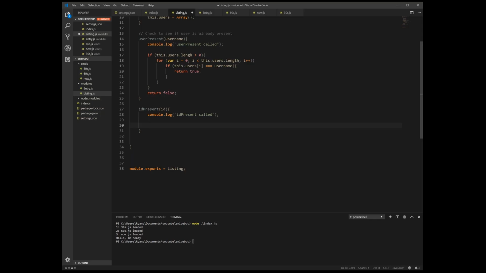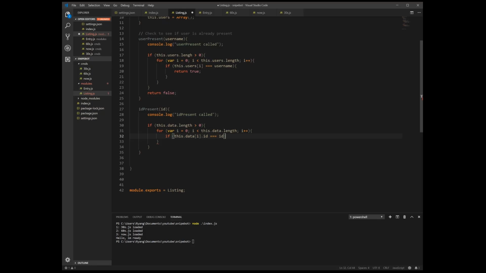We want to check if we do have any IDs in first. So we want to check if this.data.length is greater than 0. If it is, then we're going to for loop on it. So var i = 0, i smaller than this.data.length, and we'll increment our i after every loop. It's literally going to be pretty identical to user present, so we're just going to check if this.data[i].id is equal to the ID we got.